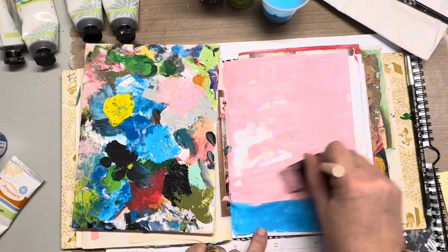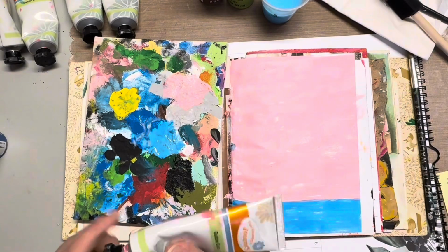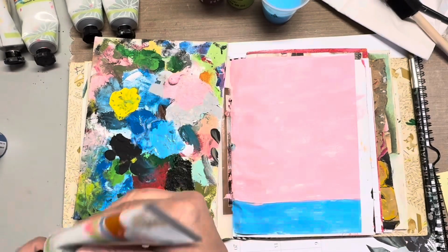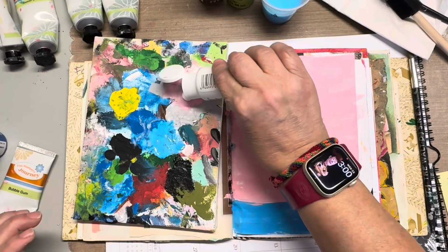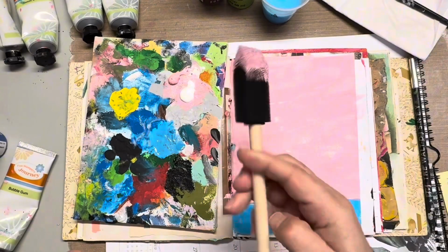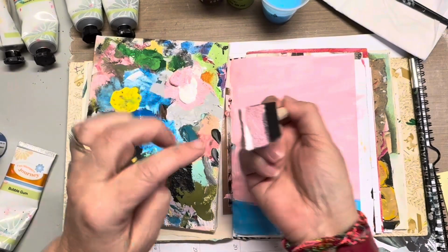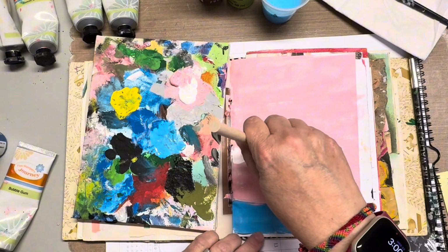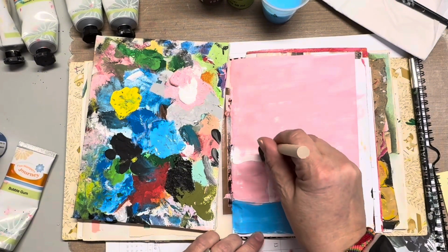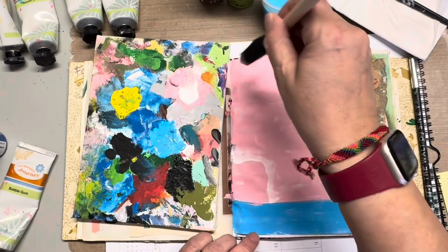I'm just painting everything this really light pink and just doing a really quick, very light covering because I want everything to dry pretty quickly. And then I decided I wanted to do something a little bit different. Now, I wish I would have added a little bit more color in that pink, but I got my same foam brush and I see how half is pink and the other half is white. And I'm just going to go ahead and make just kind of some wiggly lines here and there. Not really any specific pattern or